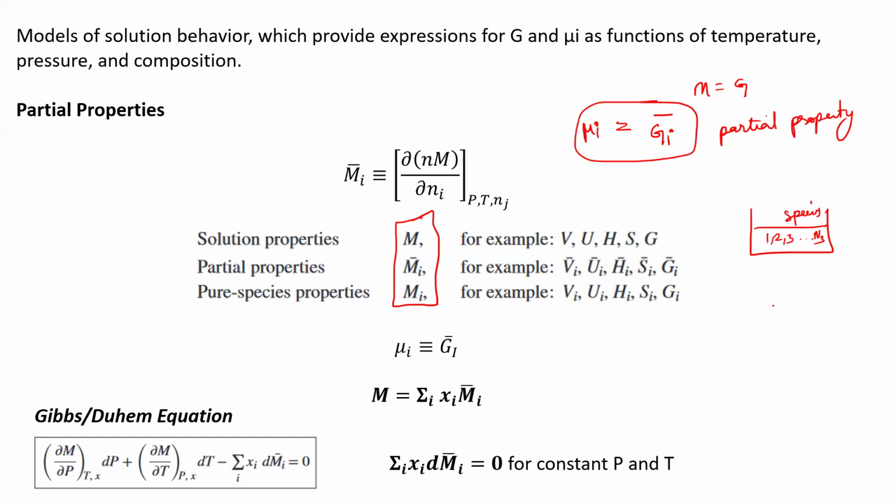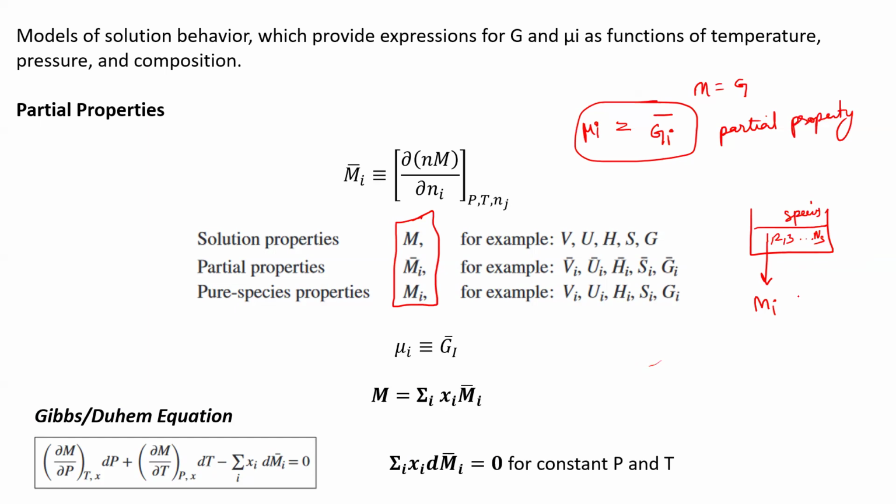Each species has its own energy, its own volume, internal energy, right? Entropy and all they have. For example, we'll go by understanding the volume of the system. So the volume of each species is there,